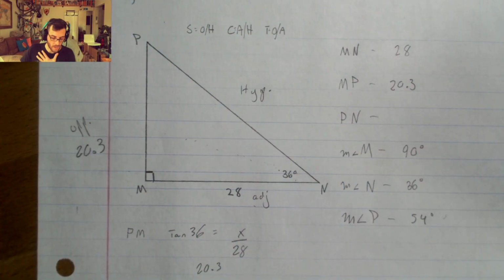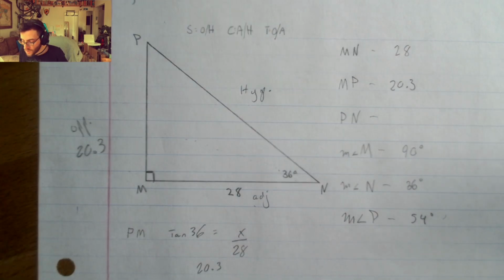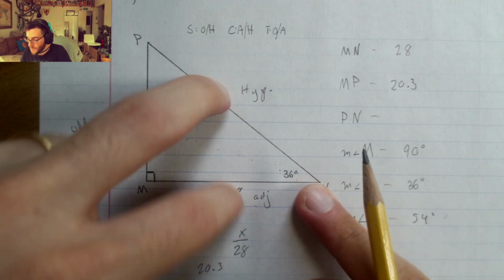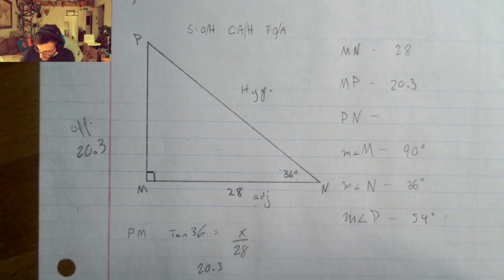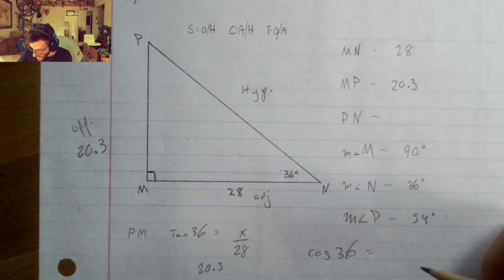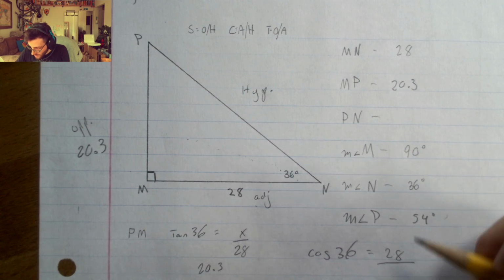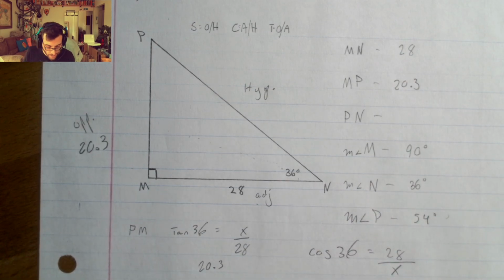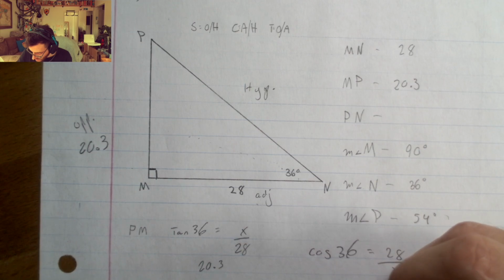Or I find it a little bit easier, since we are already using sine, cosine, tangent, that we can just use adjacent over hypotenuse, or a cosine value, cos 36, to solve for that unknown hypotenuse value. Go ahead and calculate everything out. We'll have cos 36 is equal to 28 over x, or a value of 34, equal to